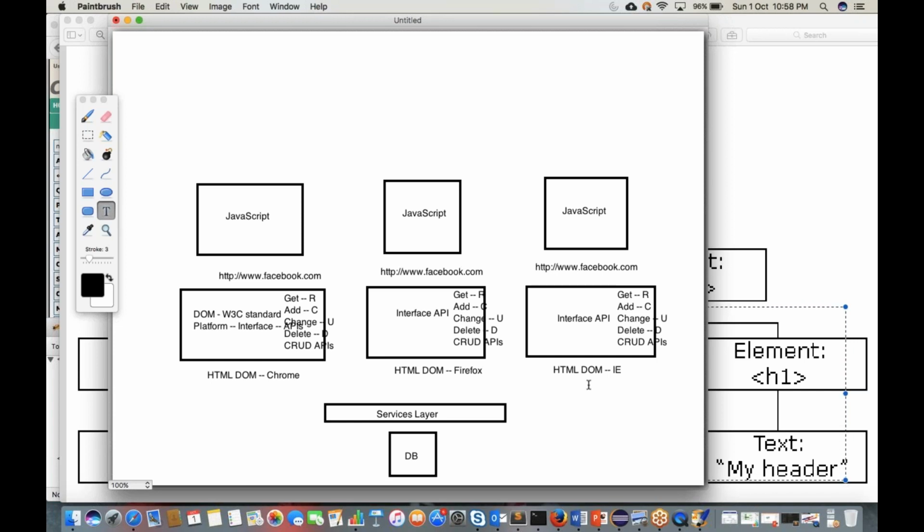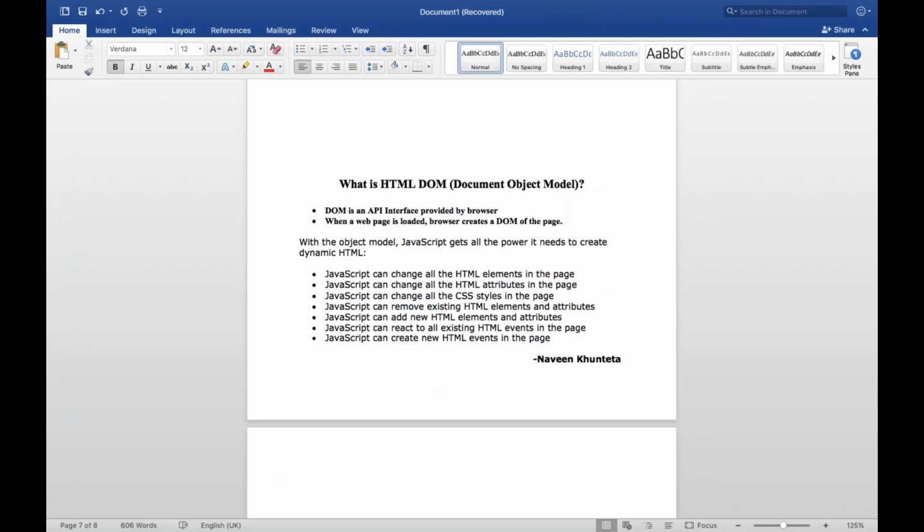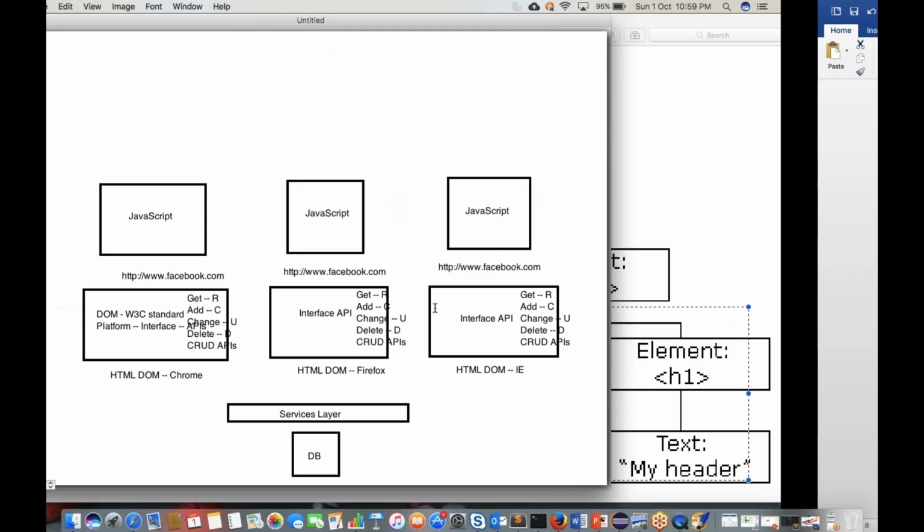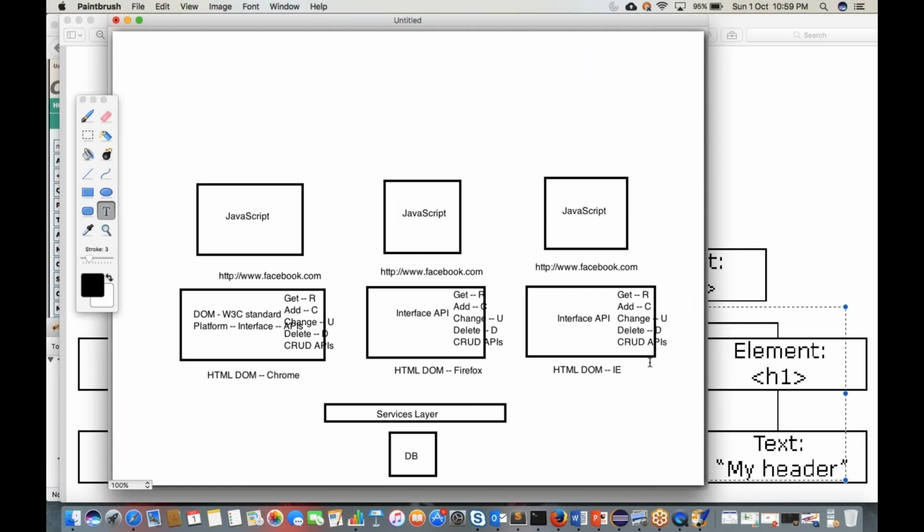So this is the reason that, let's see, one login button is there which is coming in normal color. But if you want to change that login button color to red, green, blue or whatever, or you want to provide some animations through JavaScript, all these things you can do. CSS styles also you can change. You can remove the existing HTML elements and attributes from the DOM. Once you get the DOM of that particular page, guys, always remember, the document object model is